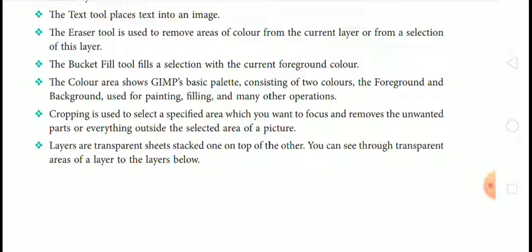Cropping is used to select a specified area which you want to focus on and removes the unwanted parts or everything outside the selected area of a picture. Layers are transparent sheets stacked one on top of the other. You can see through transparent areas of a layer to the layers below.